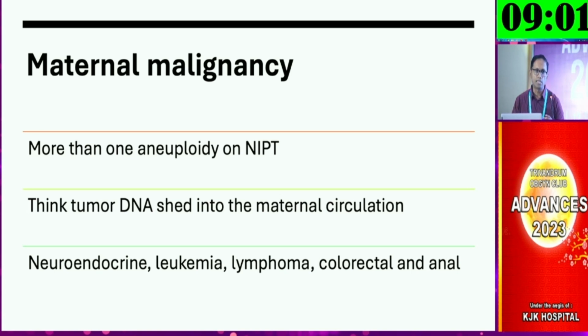Maternal malignancy can cause false positive results, because if you have a malignancy like a sarcoma or a breast cancer or something like that, you will have a tumor mass which is going to shed DNA into the maternal blood. And this shedding of DNA or shedding of cells into the maternal blood is going to lead to what? Overrepresentation of chromosomes, which will lead to a false positive NIPT result. And this particularly happens when you get an NIPT result that is positive for multiple chromosomes. It will come as NIPT positive for trisomy 3, trisomy 4, trisomy 18, which means for multiple chromosomes you're going to get an NIPT positive result, and there you should think about